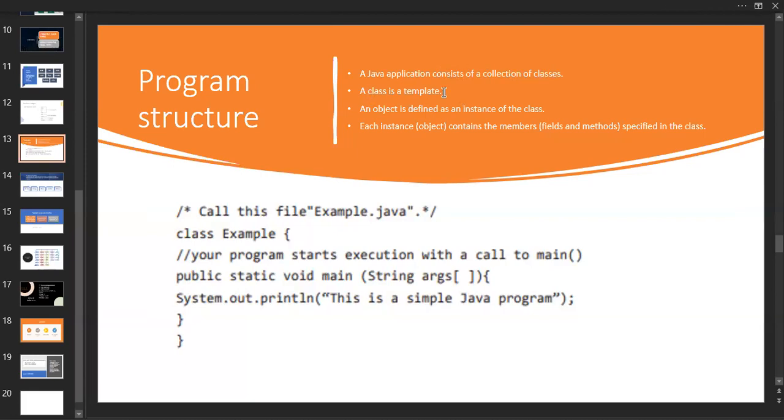The class is a template. When you are going to use a Word document, suppose you open a Word document, initially it will ask you to choose a template. Template in the sense whether it is a resume or a form or a table, or whatever is available already. Default templates are available inside Microsoft Office Word. Similar to that, we consider the class as a template, which is already available. Then we are going to use that and modify that.